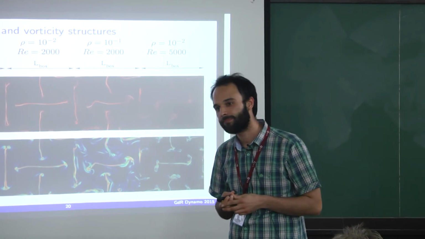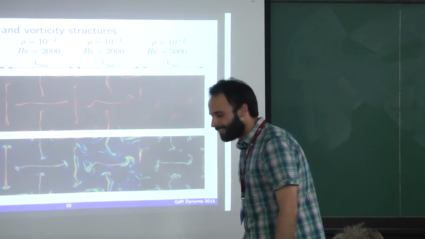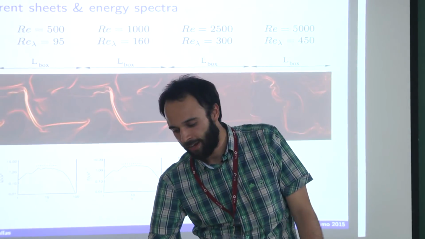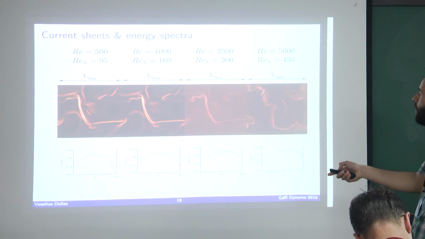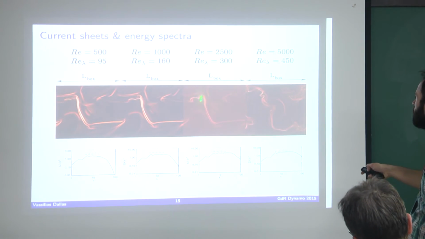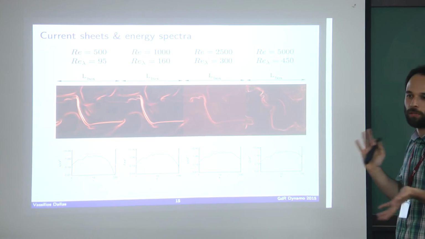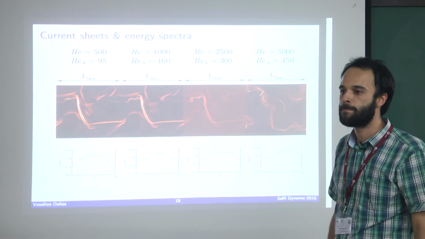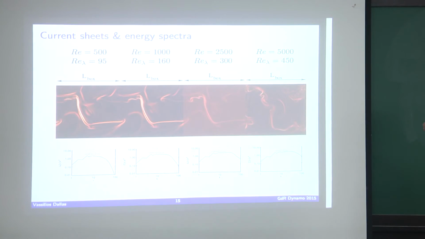Is it related to the occurrence of reconnection? You mentioned that. Yes, I would like to know. I haven't studied this in detail, but as you see here, as you increase the Reynolds number, you can see some curling going on, and then I suppose there is some kind of instability even further, or some type of reconnection. I don't know, it might be some type of reconnection as well. So that due to reconnection, some current sheet is in some sense distorted. Yes. Then this type of scaling changes.